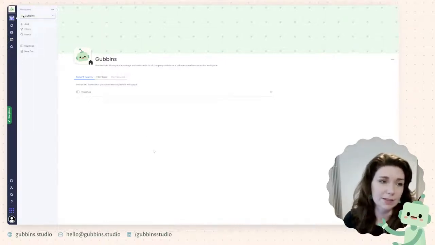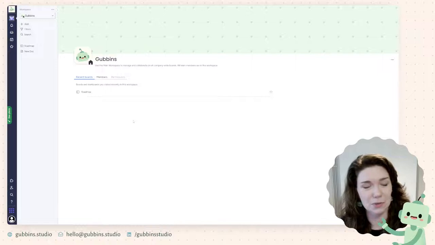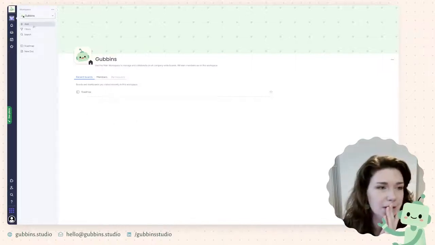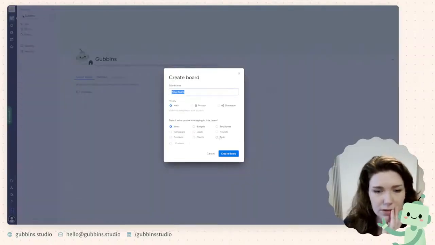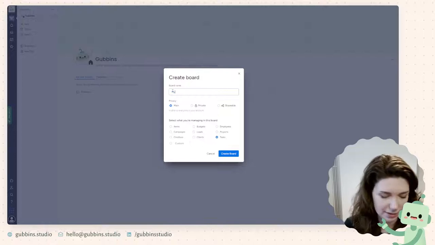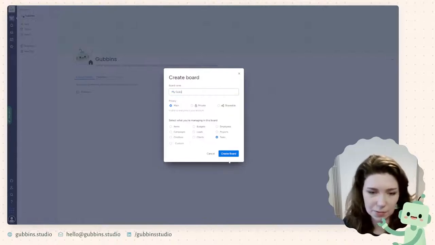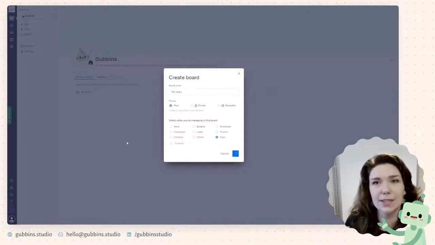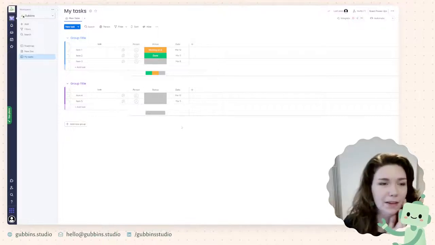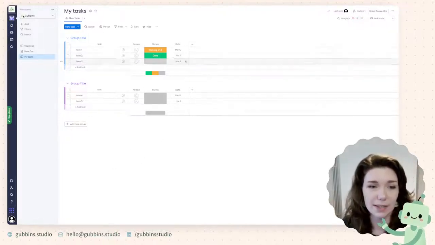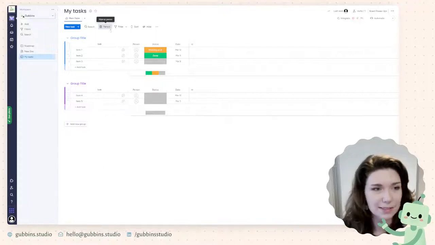The first thing I'm going to do is replicate the board process that I've used on the other tools just to keep things consistent. So go to add board, tasks, and then just call it my tasks. I'm not being too consistent with these, but this is just to give you an idea of what it's like to jump into the tool with relatively little exposure to it and muddle through. So tasks, it's already generated some stuff for me, which is quite nice.